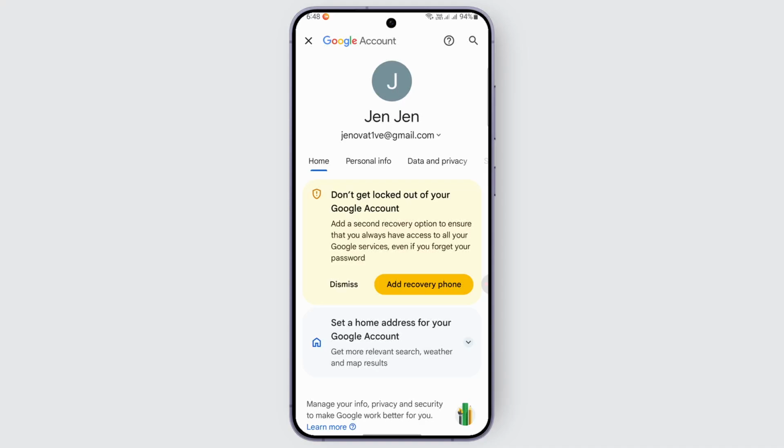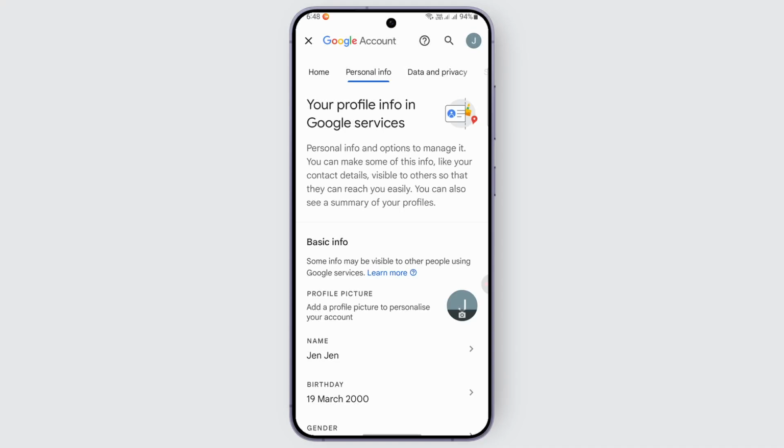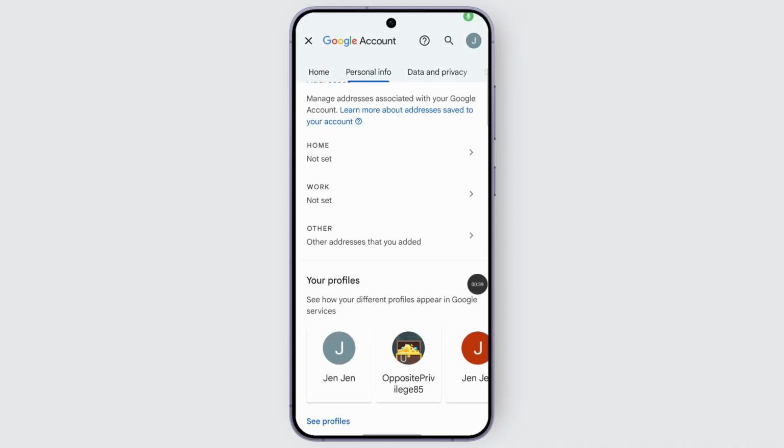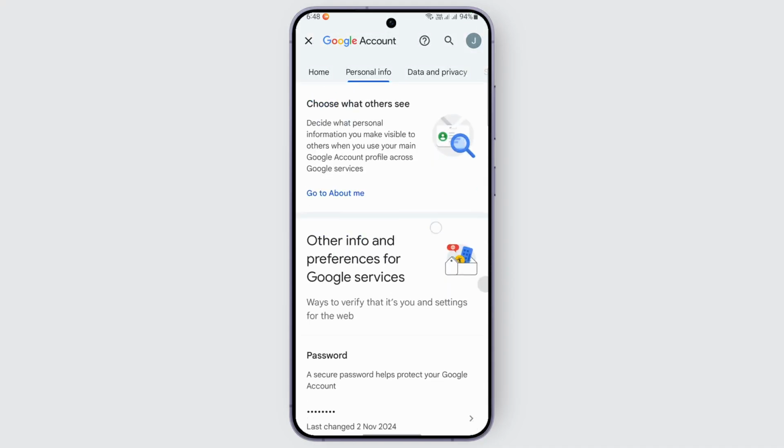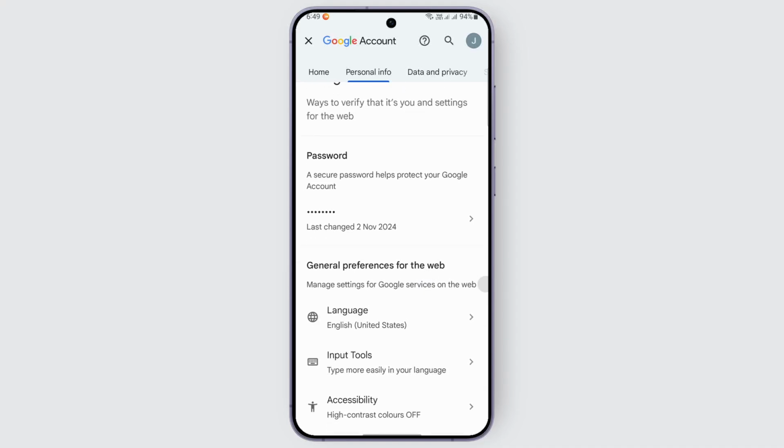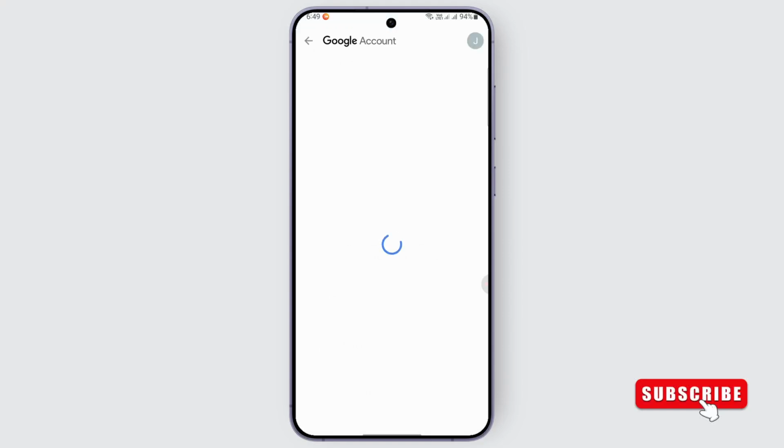So what you can do is head over this tab right here, personal info. Tap on it, and from given options you may scroll down until you reach the section of password. So you can just go ahead and tap on password, and once you do, you will be taken to another page. So wait for that page to load up first,